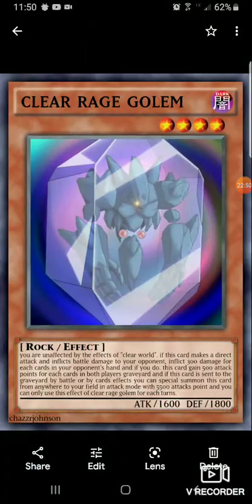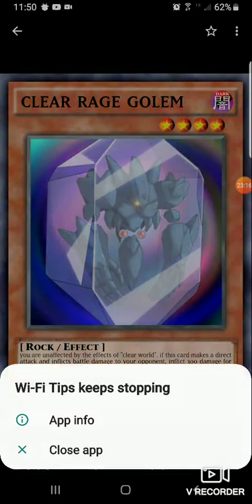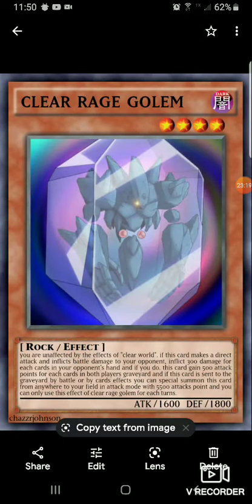Plus I remade Clear Rage Golem. You are unaffected by Clear World. If this card makes a direct attack and inflicts battle damage to your opponent, inflict 300 damage for each card in your opponent's hand. And if you do, this card gains 500 attack points for each card in both players' graveyards, and if this card is sent to the grave by battle or by card effect, you can special summon this card from anywhere to your field in attack mode with, of course,